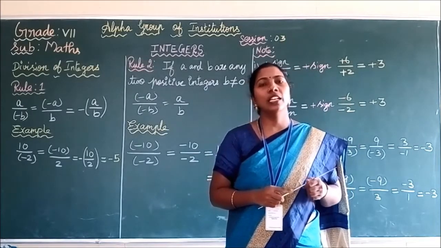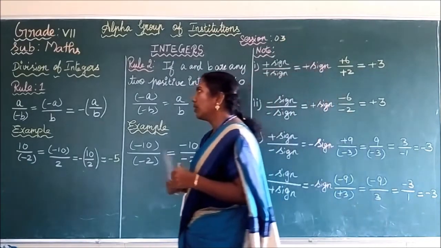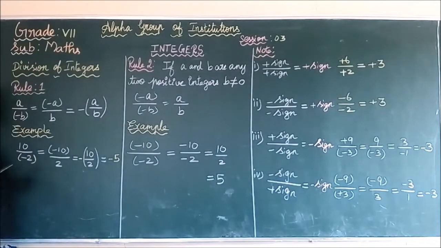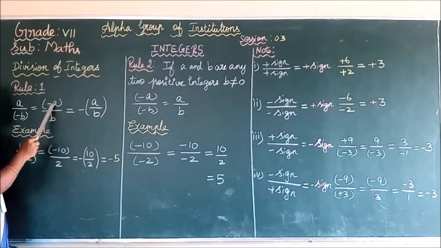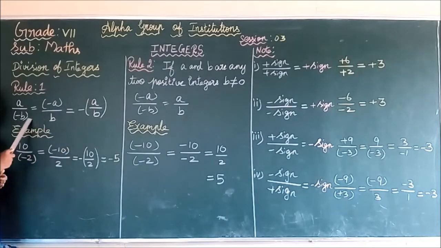Next we are going to see division of integers, how we divide integers. Okay, let us see. For division of integers, we have two rules. Rule 1: for any two positive integers a and b, a divided by minus b, it means the denominator contains the negative symbol and the numerator is positive, is equal to this negative symbol going to the numerator, that is, minus a by b, which is equal to, now taking the minus symbol outside, minus a by b. You can easily observe this rule 1 by seeing an example. Don't get confused with this rule.